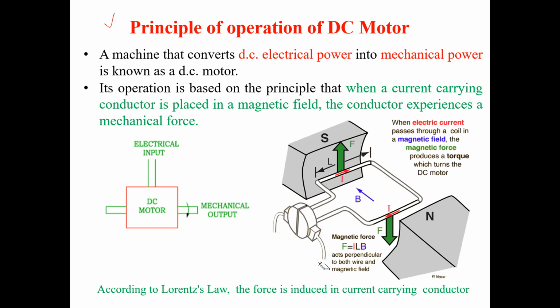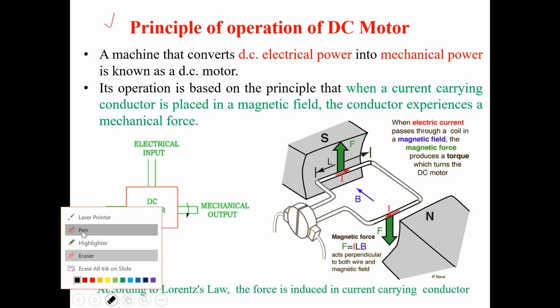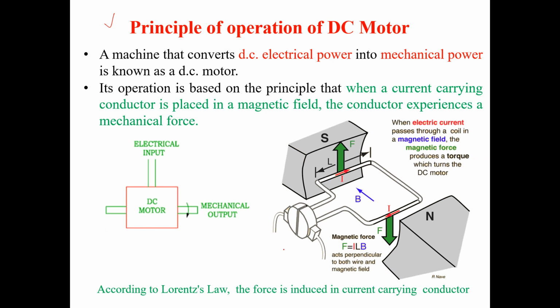And this conductor, due to external source, we have given voltage supply from here, positive and negative, so there will be a flow of current. If the current flows in this direction, it will be positive, this will be negative. If we apply the right hand thumb rule, the force will be in this direction. Current is in inward direction, force is in this direction. One force acts here, one force acts here.